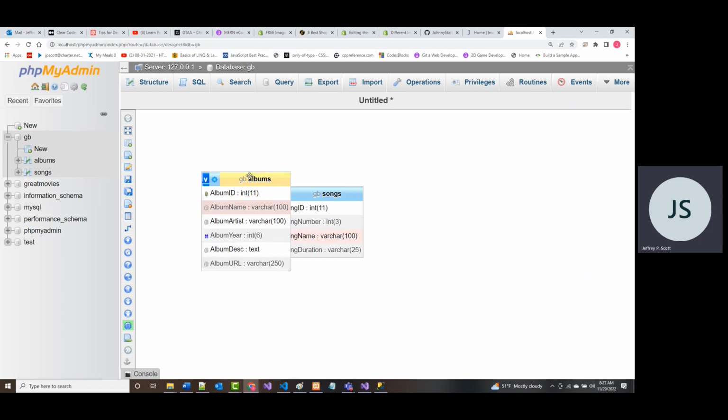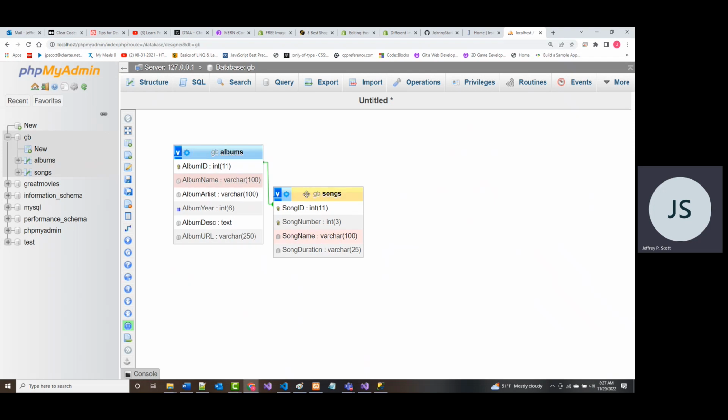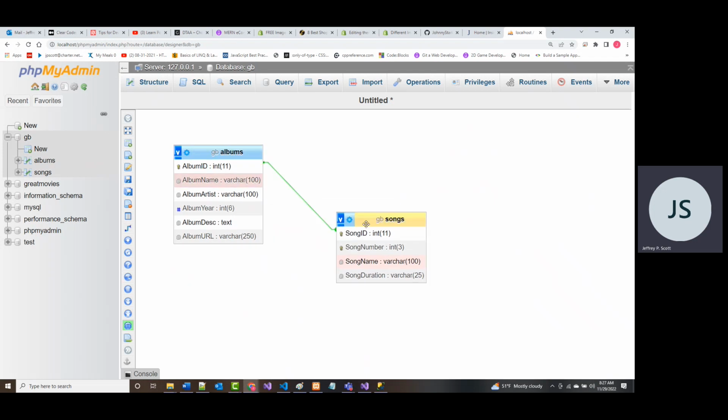This one really typically is over here. This is a one-to-many relationship. So every one album has one-to-many songs in it. But every song belongs to only one album. Now, you can argue and say, well, yeah, but it's possible if you have a greatest hits album.